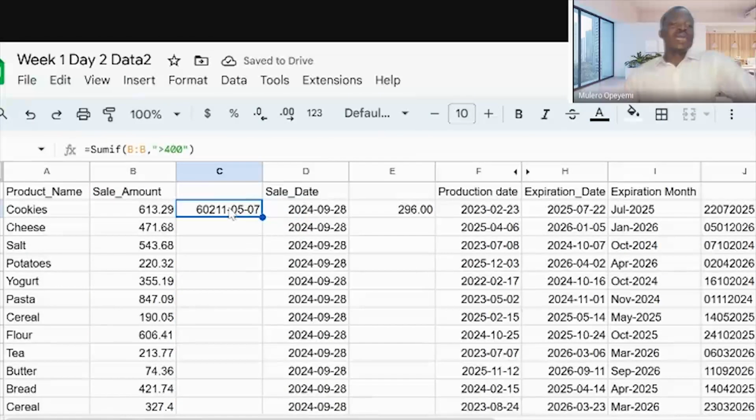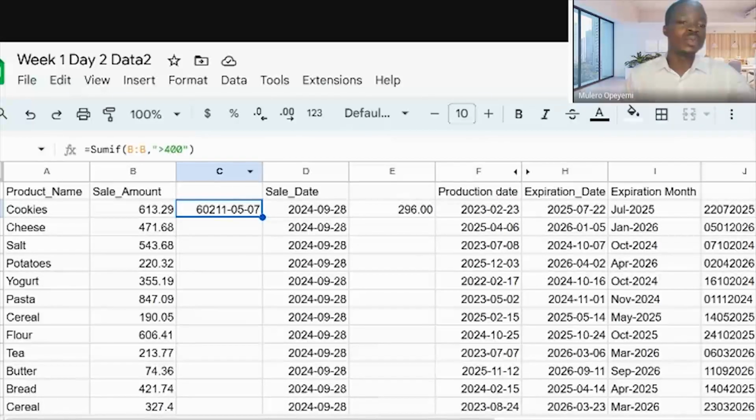Now, like we said the other time, there's no cause for alarm. When you see something like this, you begin to feel like, what's wrong with my formula? Have I made any mistake? But the next thing that should come to your mind is, this is showing like a date, one funny date that we don't even understand. That means that this column is actually formatted as a date column. And that is because when you started the column, you wrote beside a column that only accepts dates. So naturally, Google Sheets just sees this as a date formatted column.